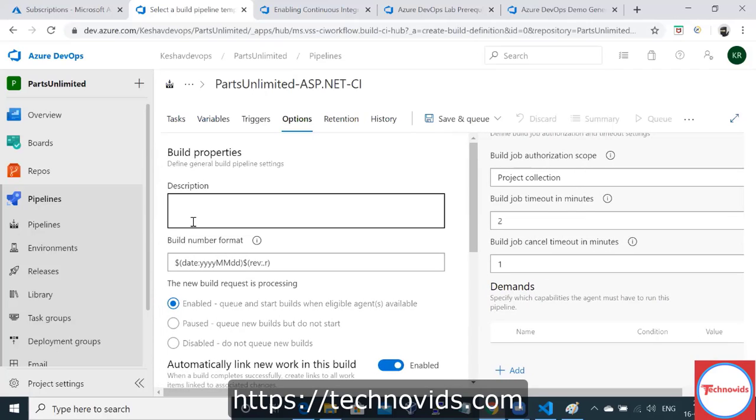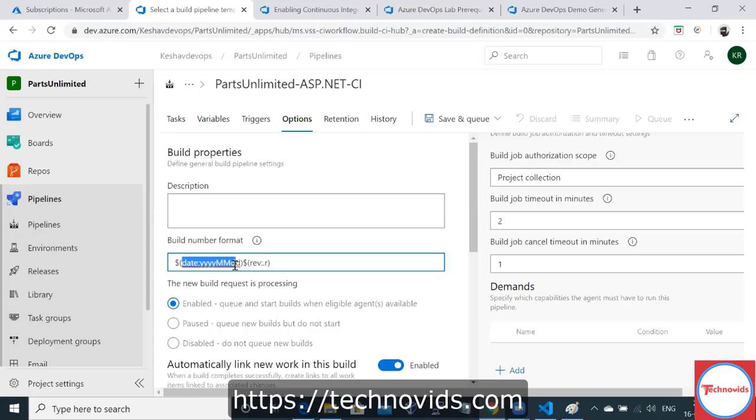Now you can provide the description of your build, what it does. Build number format: you can say use date, because of the build number which will be generated. Whenever we queue a build, it gets a particular name, a particular number. What does this mean? I am using a macro.